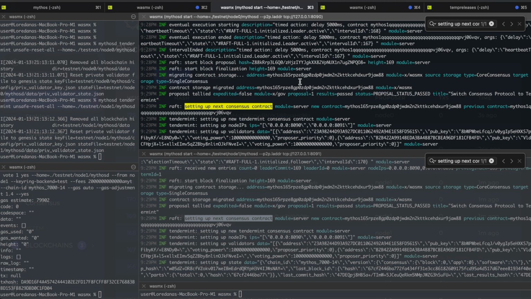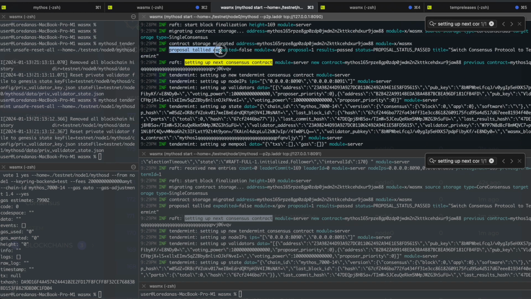Because it was deployed as a normal contract with a core consensus type storage, we now need to migrate the storage of that contract to single consensus, because this is a non-deterministic contract.